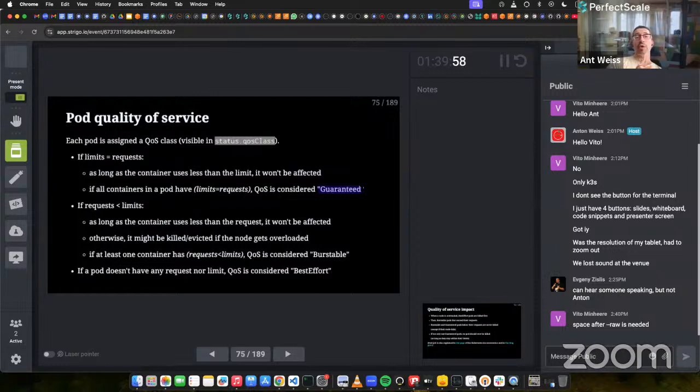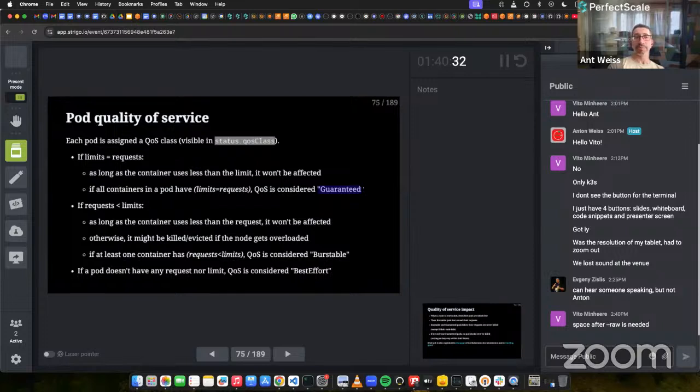If the requests are set lower than the limits, which is what we often do, the quality of service class is called burstable. That means the container is promised some amount of resources when it gets scheduled. Again, quite a lie if we're talking about memory, because cgroups v1 were not actually reserving that memory for the container, only reserving the CPU. But it's kind of promised to have access to these resources,